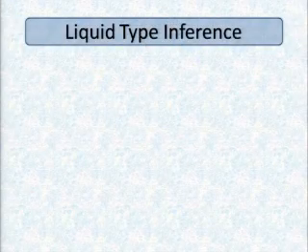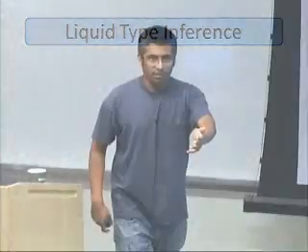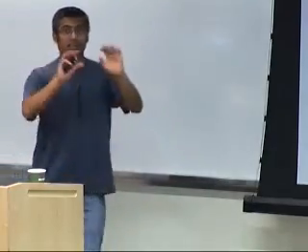Where are we? Right, liquid type inference. So Shah's put his finger on it, as he always does. You start with everything, and you keep throwing stuff out until you can't throw anything else out. Okay, that's really the essence of the algorithm. But let me now spend the next 20 minutes expanding on Shah's pithy summary. Okay,